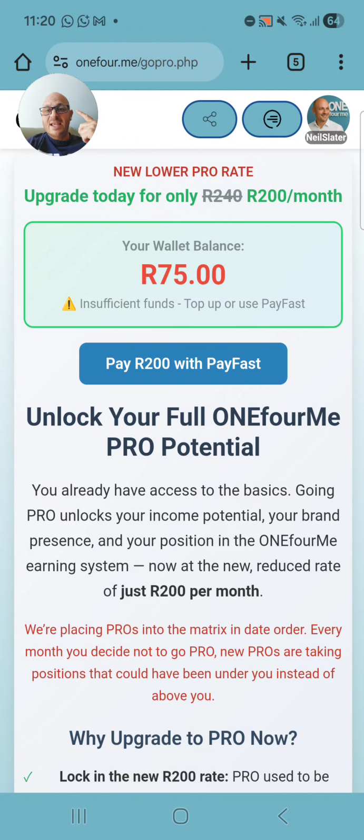We've got this top up your funds into your wallet and then also inter-wallet transfers. Have fun, enjoy using the system, and then let's just go out and get people to register.